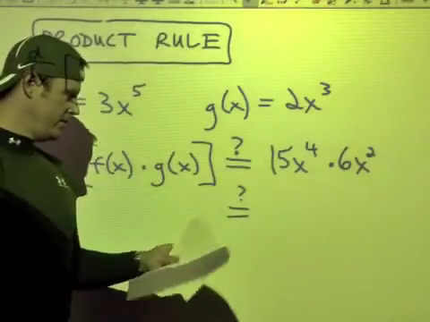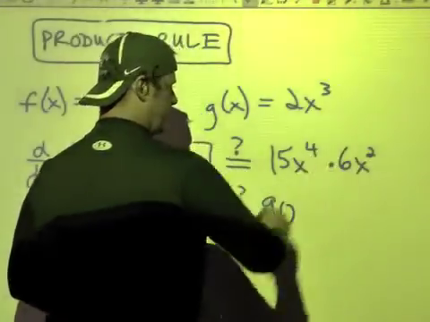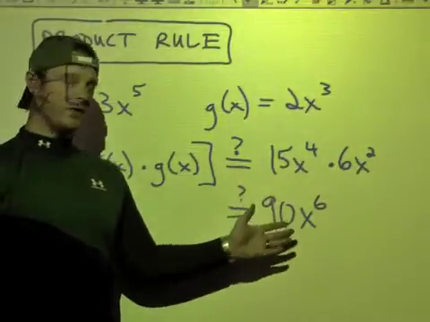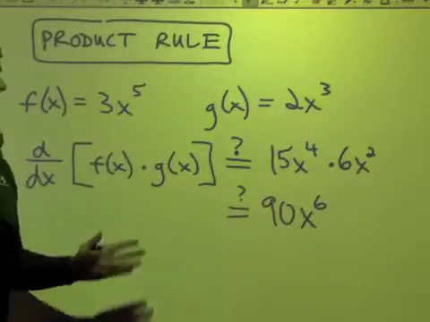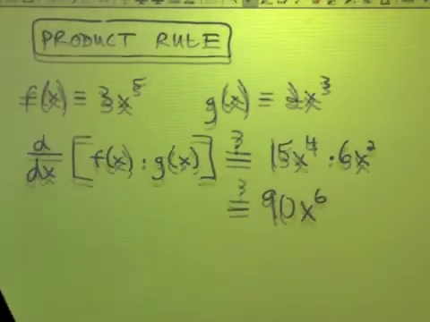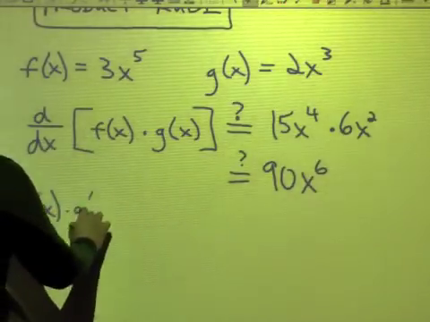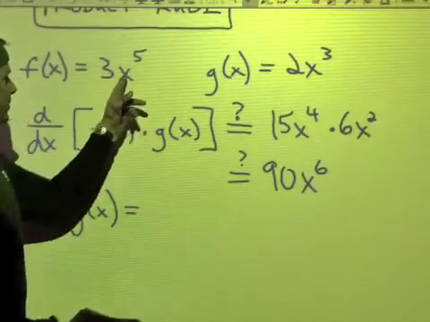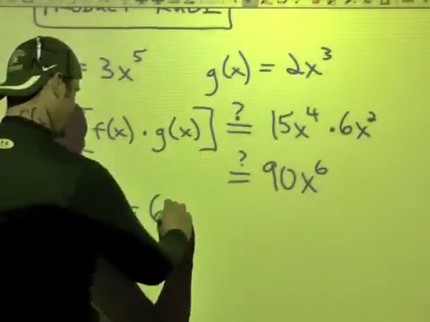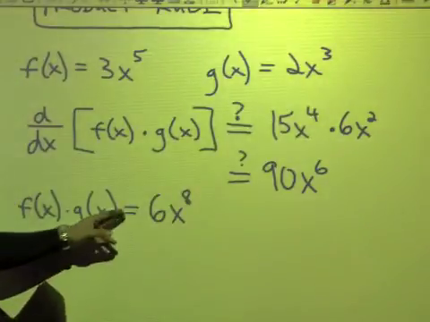Well, if I multiply those together, 15 times 6 is 90. X to the 4th times x squared is x to the 6th. So I wonder if 90x to the 6th is the derivative of the product of the two functions. Well, because these two functions are so easy to just multiply together, we can check that result. Okay? So f of x times g of x, it's just 3x to the 5th times 2x cubed, which is 6 times x to the 8th. Okay, that's this function times this one. Now, if that is